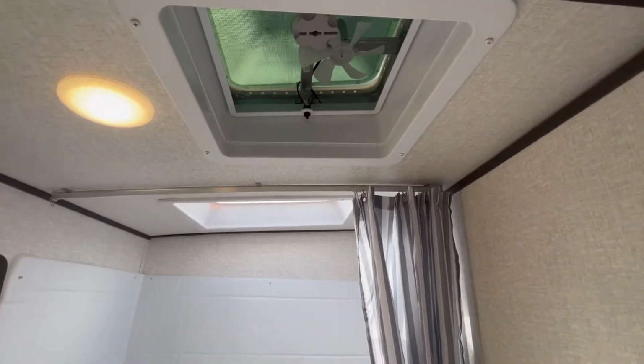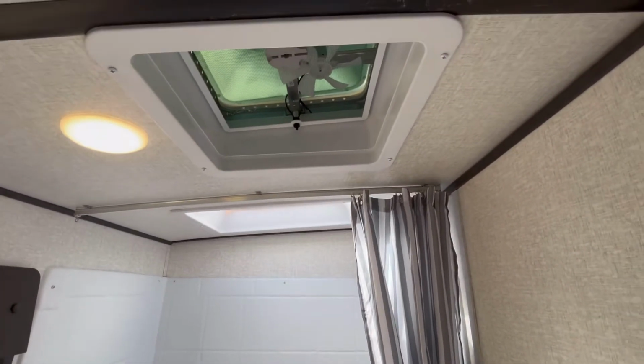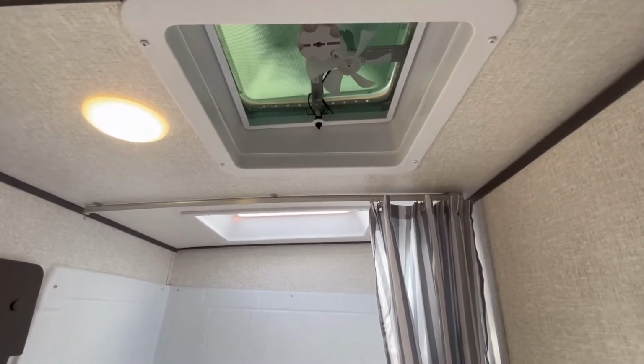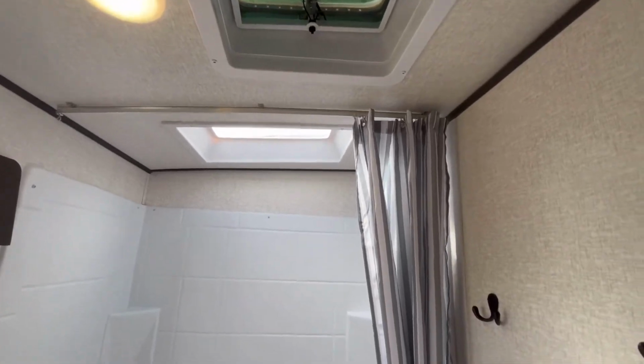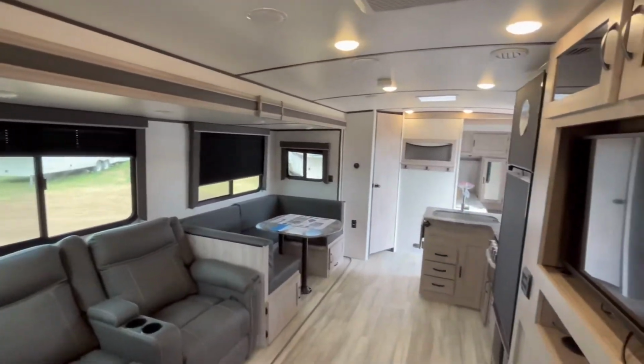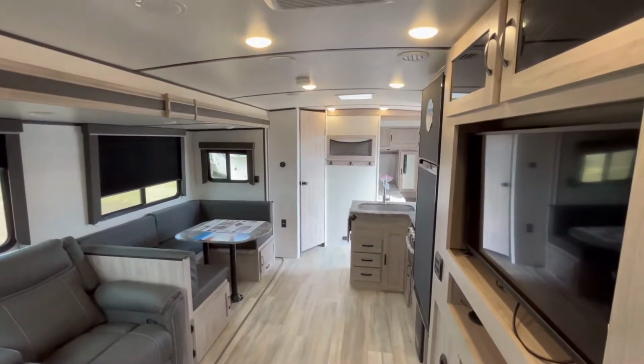Doesn't really do a very good job as far as moving air other than this room. But that's beside the point. With that being said, let's go take a look at the bedroom. And I'll tell you, if you haven't seen one of these Coachmen Northern Spirit bedrooms, you are in for a